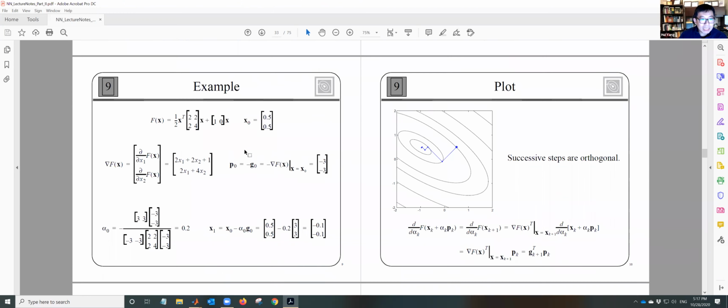So let's look at an example. If you got this, then you got a P0 first. Now you are not minimizing the first one, you minimize along the gradient direction. So initially you minimize along the gradient direction, minus G0, you got this direction. Then you minimize, right? But along this direction, how far do you go? Actually, we derive based on this